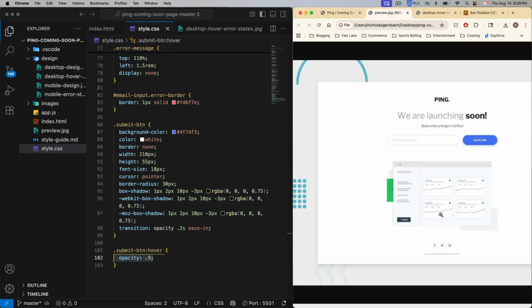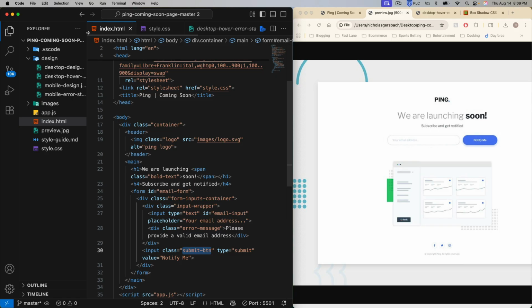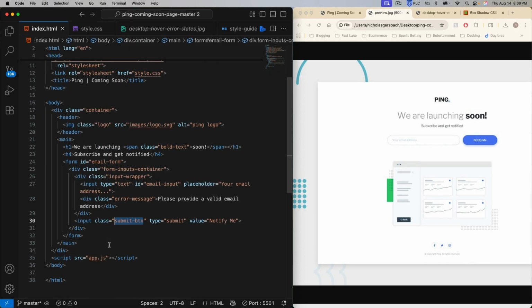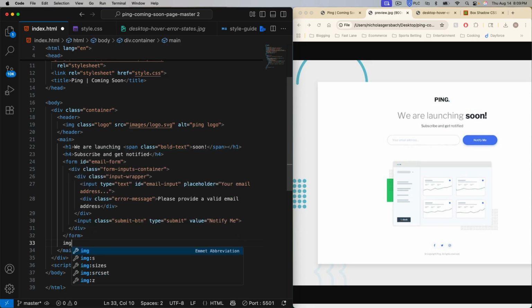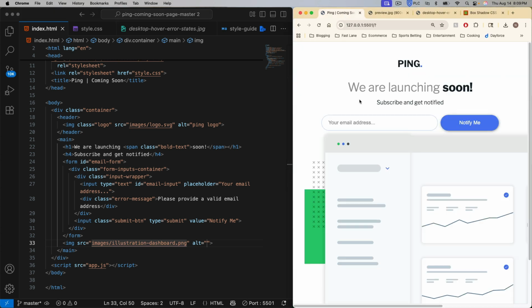We got our image and the footer, so we're almost done. So let's get our image put in here. So let's go to our index.html, and go below our form. And for that, we're just going to say image. Going to go to images, going to grab illustration-dashboard.png. There it is. It's super big. We got to style it up. Let's put a class on here, and we'll call it